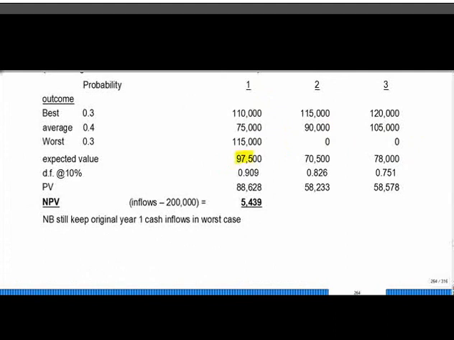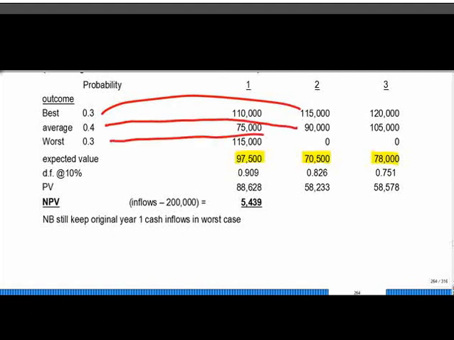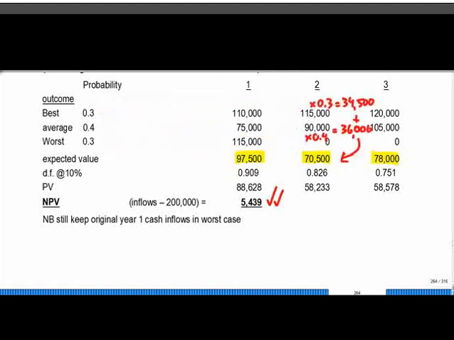The revised expected values are shown. They've been calculated in exactly the same way. So for example, year 2, 115,000 times 30%, 90,000 times 40%, nothing times 30%, add that lot together and I get 7,500. Building in the option to abandon, this is now an attractive project. And there's the breakdown just showing you